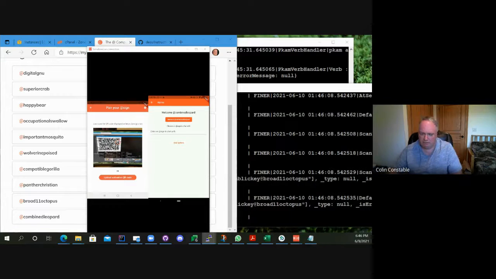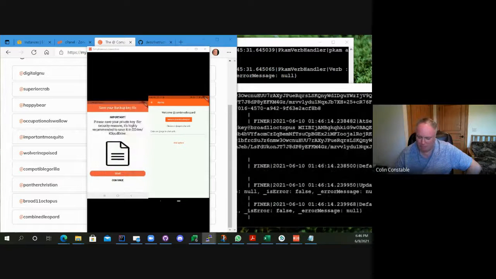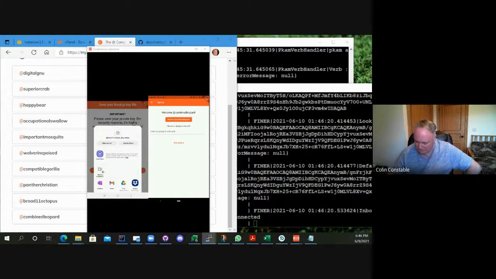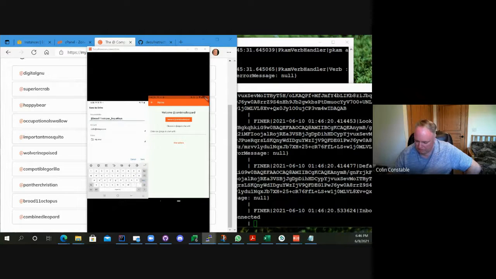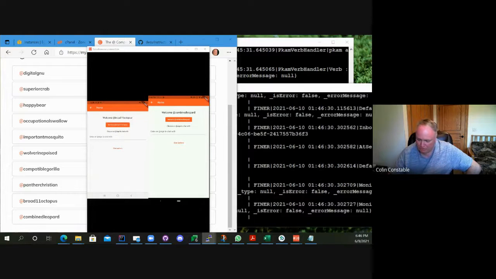Yeah, it's seen that. So again, it's creating the cryptographic keys. Probably be fast on this machine because it's a pretty big tablet. So save this, and I want to save it to my G drive. Same place, and then continue. So I'm Broad Octopus on here. I obviously want to speak to Combined Leopard.